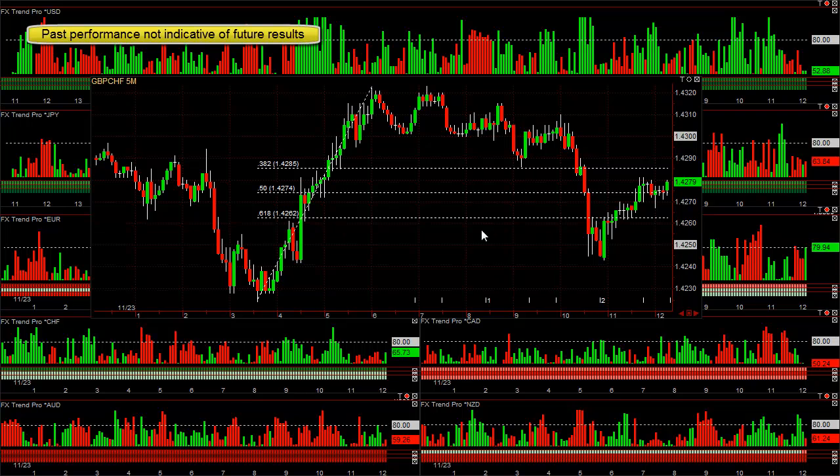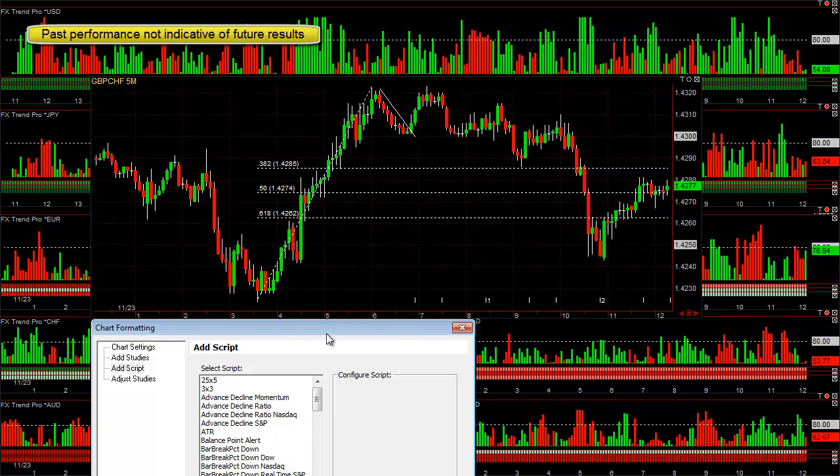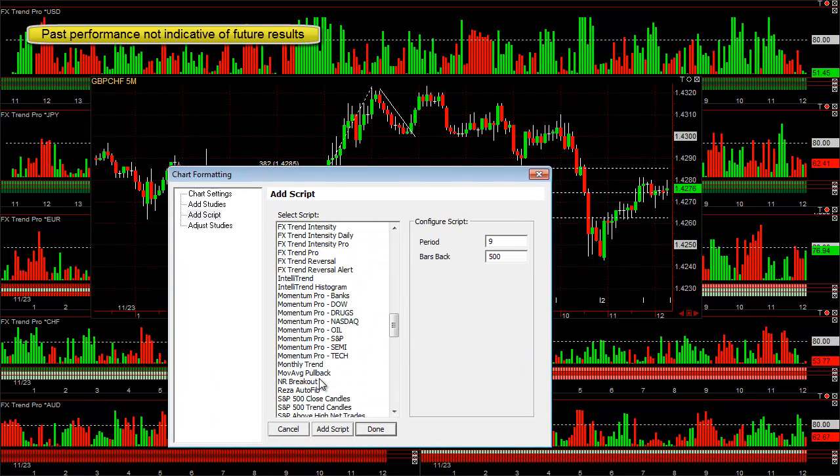But nonetheless, this had pretty high odds of going back up, and it did, but it didn't go up that much. As you can see, this pullback right here, it went up and it went sideways. So you had every opportunity to make anywhere from 8 to maybe as high as 20 pips on this, or 18 pips. And I'll quickly put our range or FX Trend Pro on this, just so you can see the